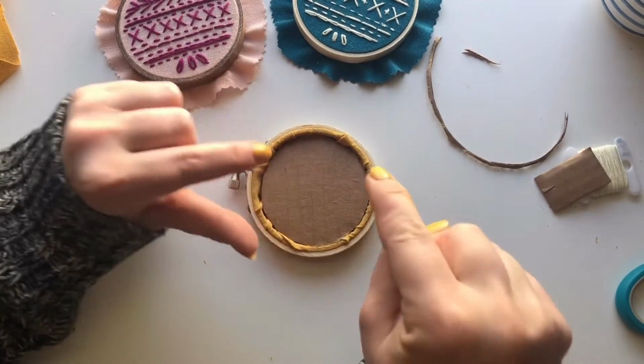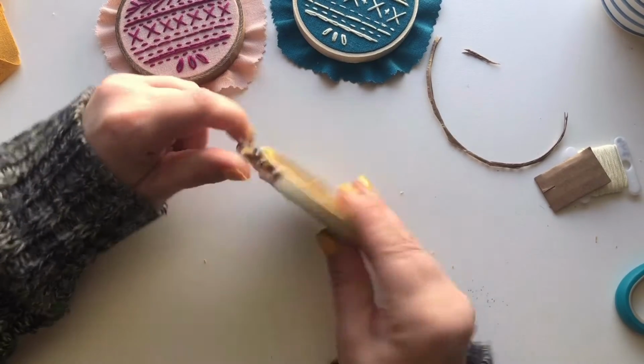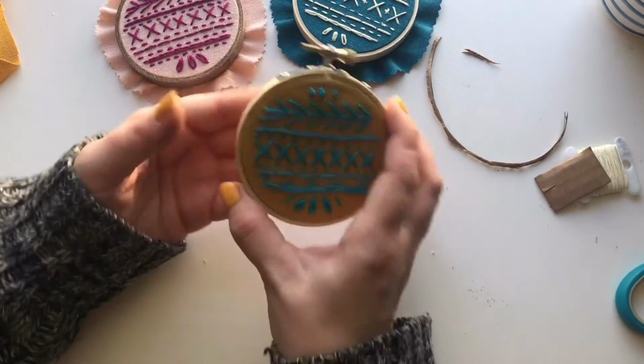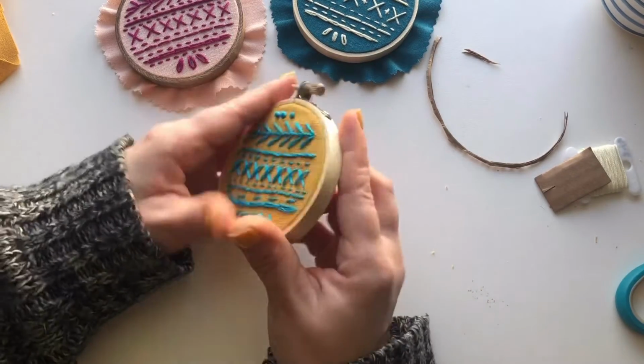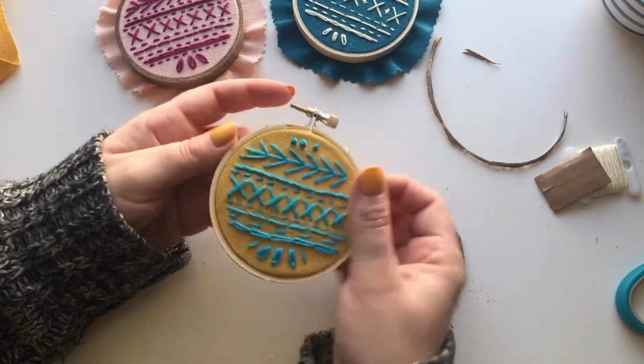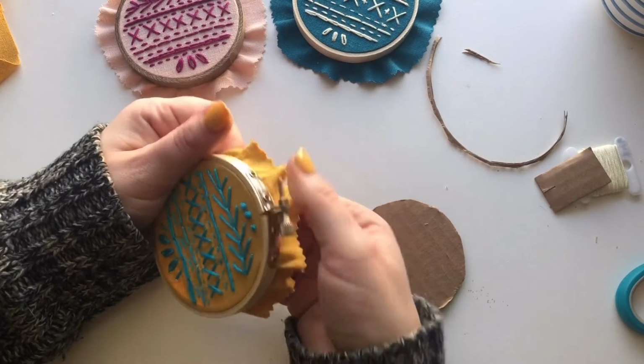So I'm not going to smash it all the way down. I'm just going to do it so that it's kind of tucked in there. And then it will lay flat and sunlight won't come through. The reason I do it that way instead of using glue or sewing is because if it gets not tight, like if it falls down or if my cat steps on it, which happens a lot,